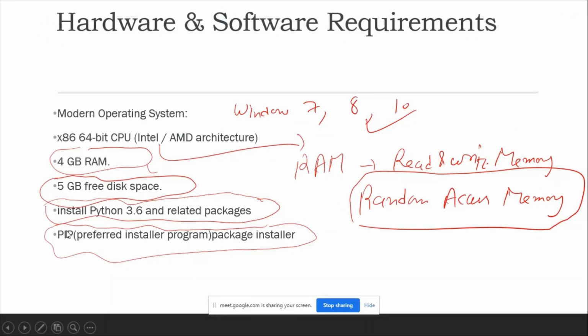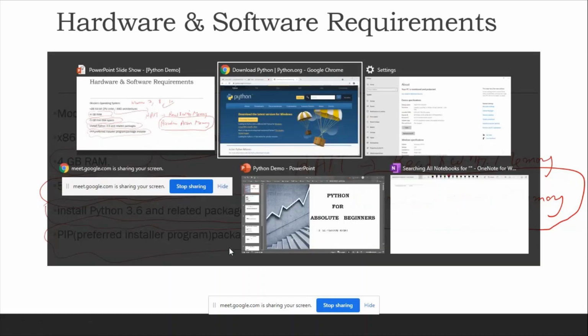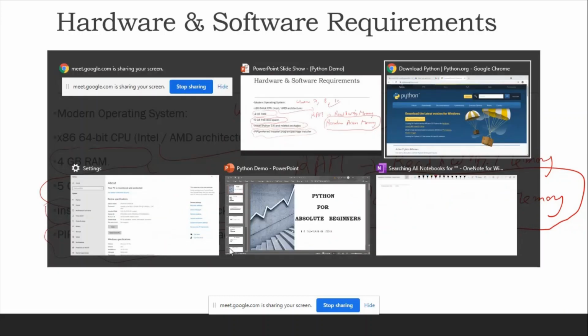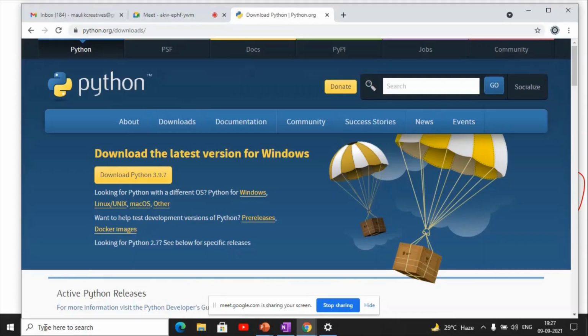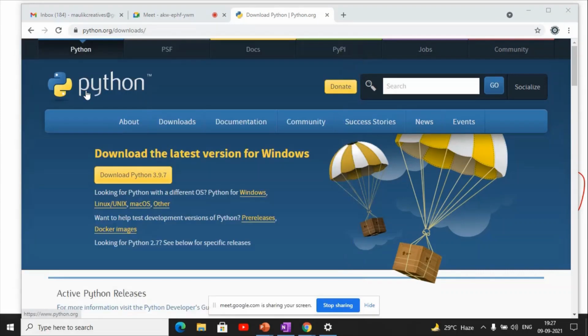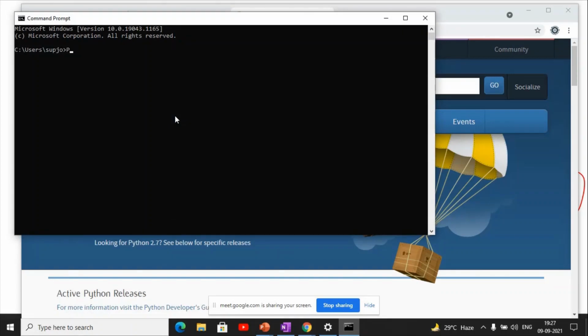Then next one is pip, the pip package installer. You can use the pip installer like this. For example, I will show you. Open the command prompt, cmd, and type pip install, in capital or small letters. For example, I want to install the numpy library.